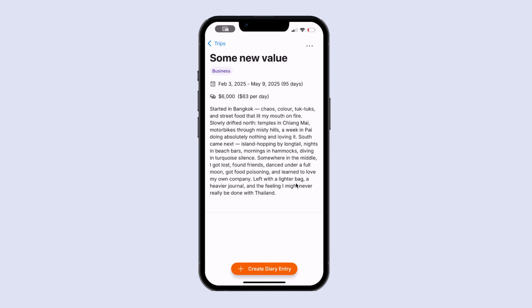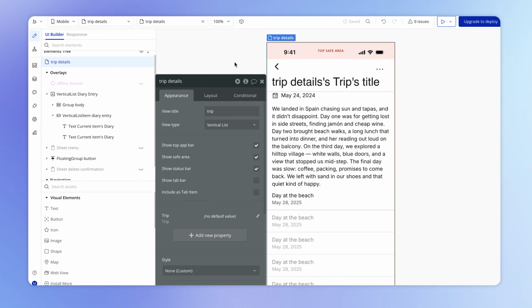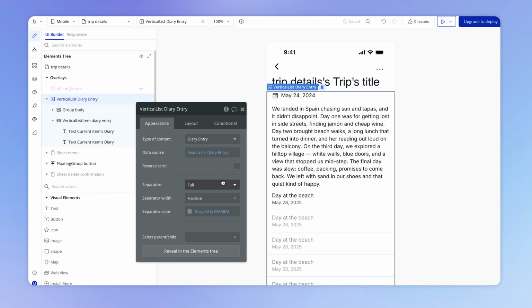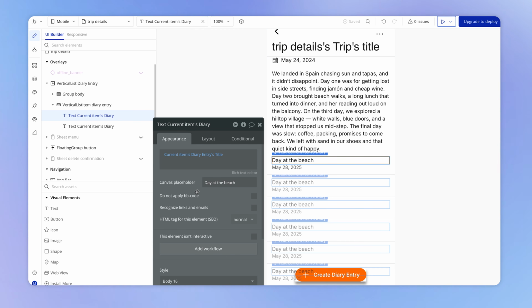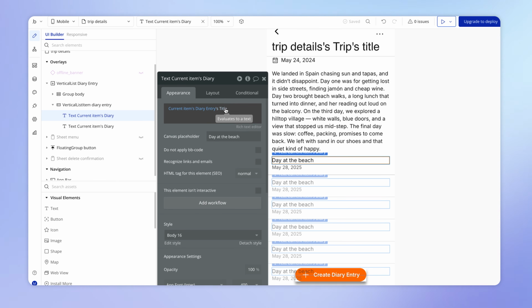And unfortunately, there's no easy workaround for this right now in the mobile beta. So what I would suggest is that for any draft diary entries that don't end up getting deleted, you just give them a label that says they're a draft. And so on our trip details view, where we are showing the diary entries, including the draft ones, we can add a little condition that says if the title field is empty, which we're using as a proxy or as a signal that this diary entry is a draft,